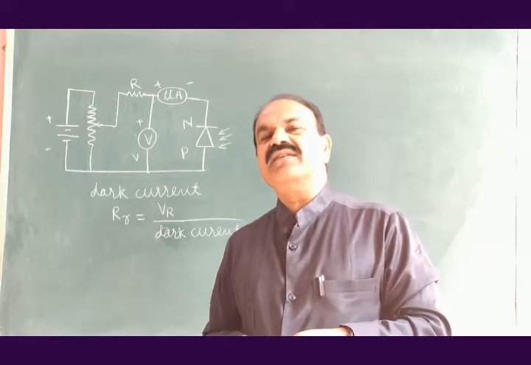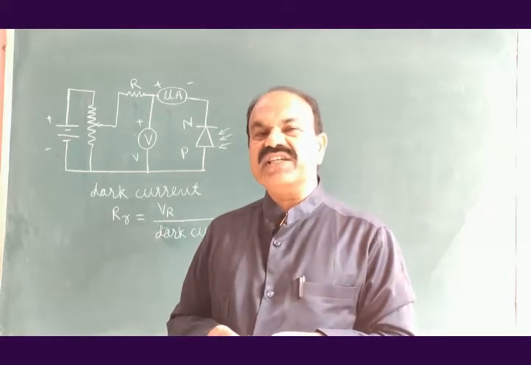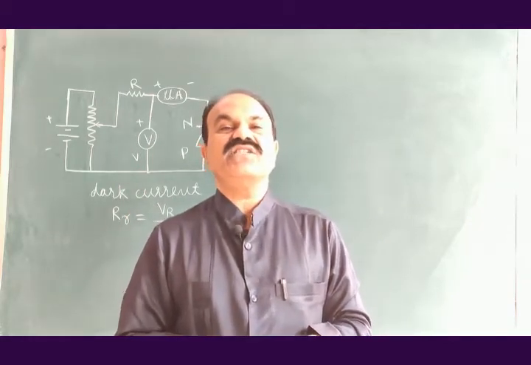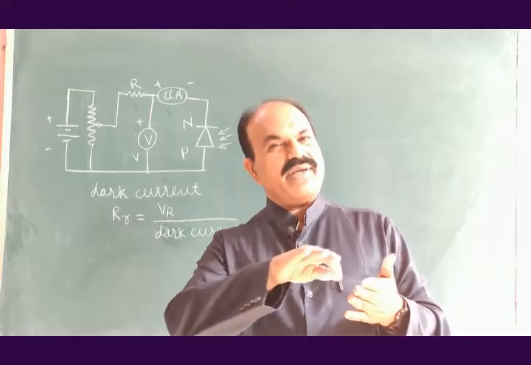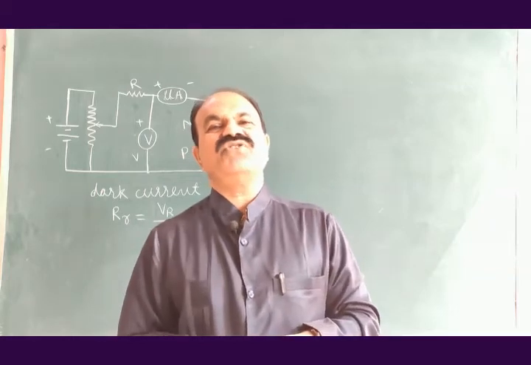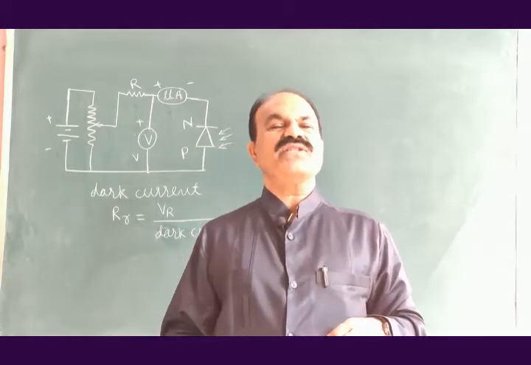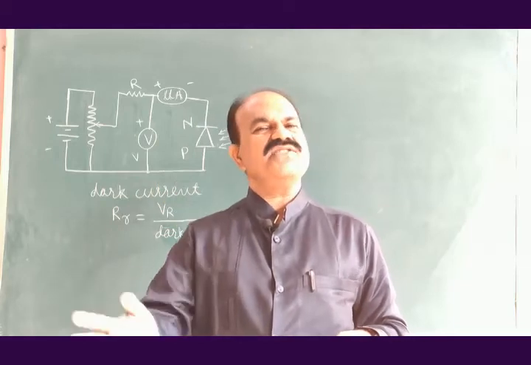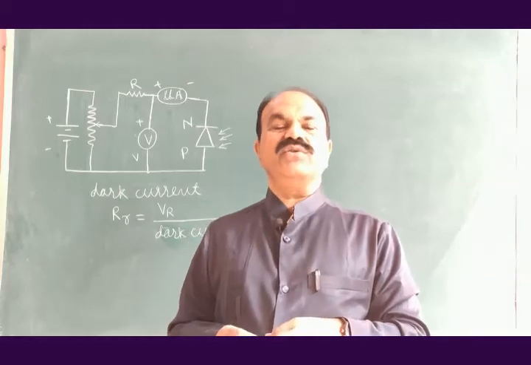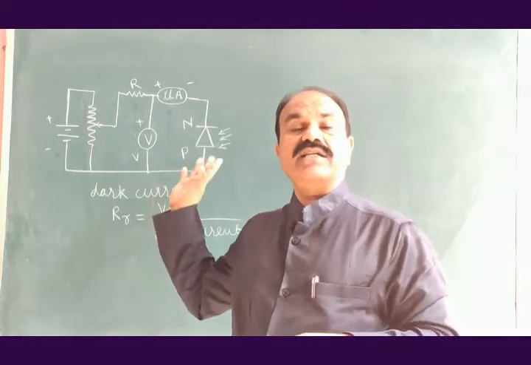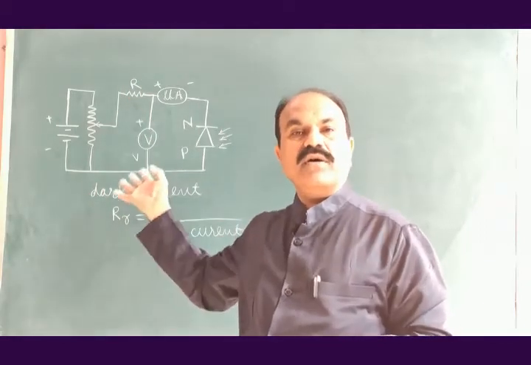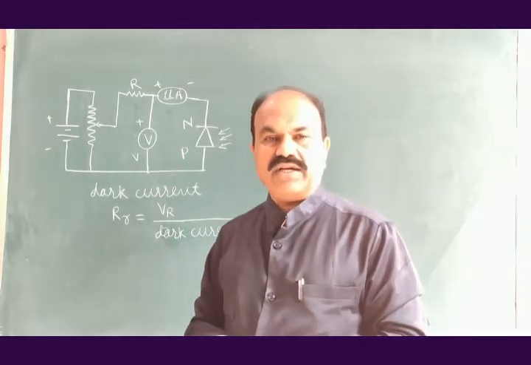We find that initially the current through the photodiode is increasing as the reverse voltage is increased. After a certain value of this current, the current becomes fairly constant. When the current becomes fairly constant, we say that the photodiode is now working in saturation. It is the reverse saturation. That current is the saturation current of the photodiode. This is the general circuit diagram to study the operation and working of the photodiode.